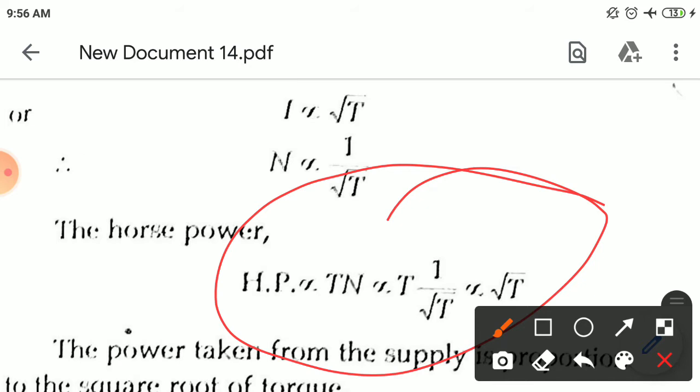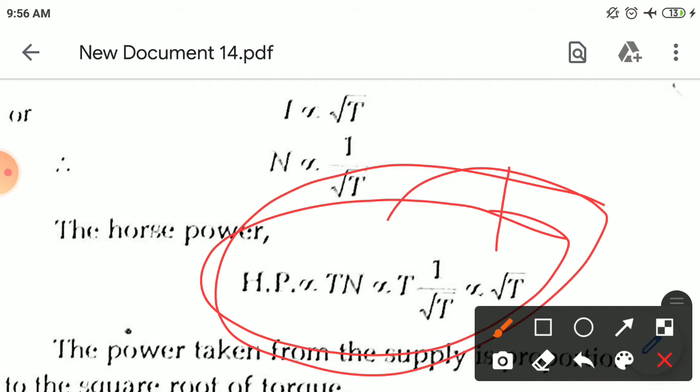With a DC shunt motor or a three-phase induction motor, the speed is fairly constant. Thus the power taken from the supply is directly proportional to the torque in that case. So a greater amount of power is required in the case of a DC shunt motor or an induction motor. Then in the case of the series motor, it is known